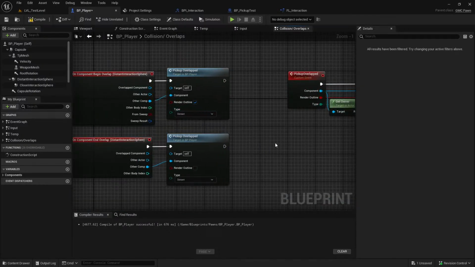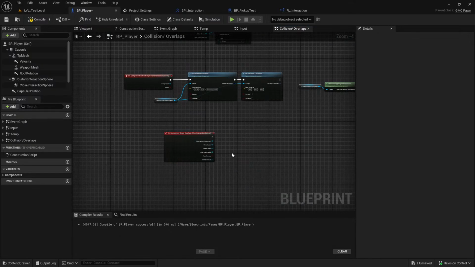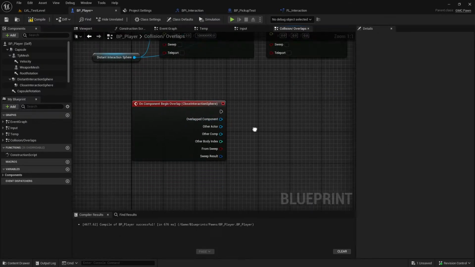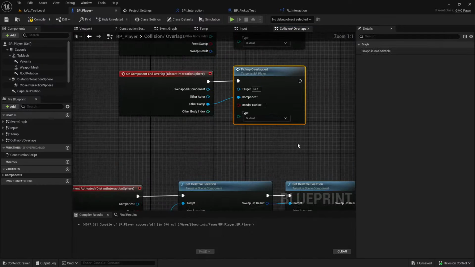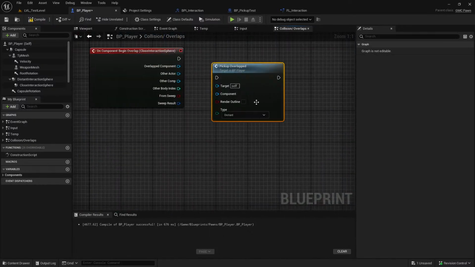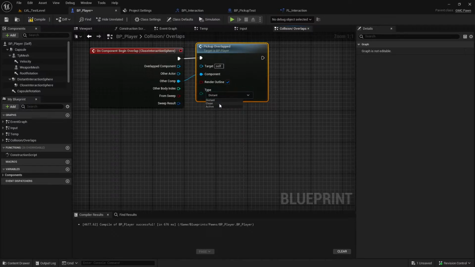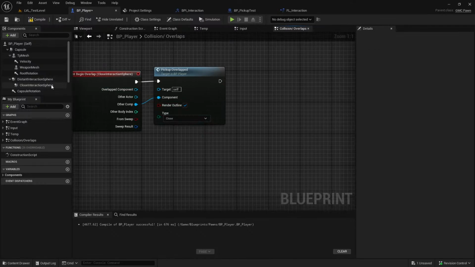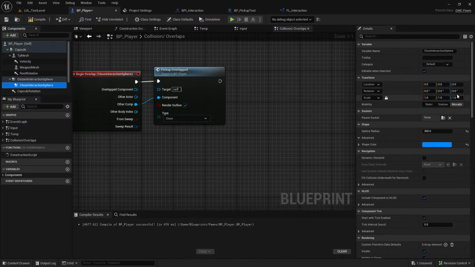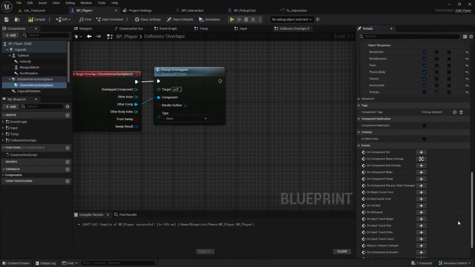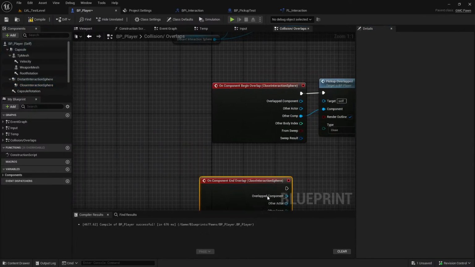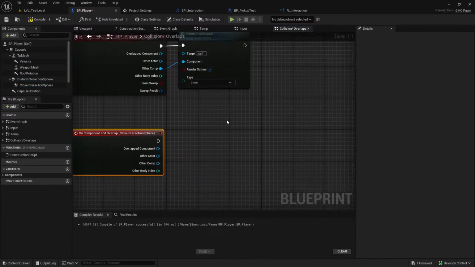Boom. These will be distant. And then it overlaps with the close interaction system. Then we want it to be of type close. And then when we end overlap, whenever we come out of this, we want to check